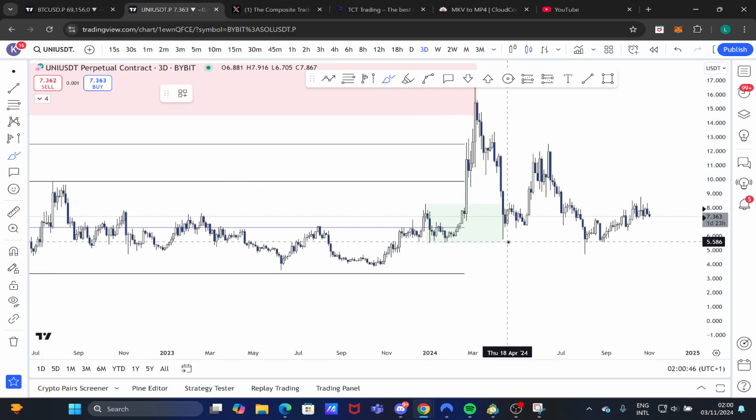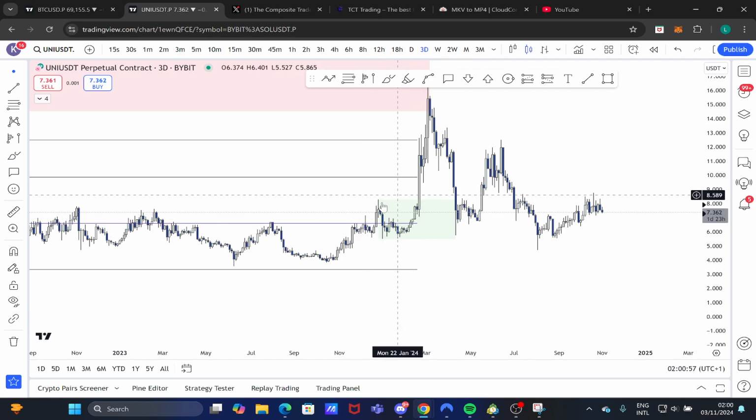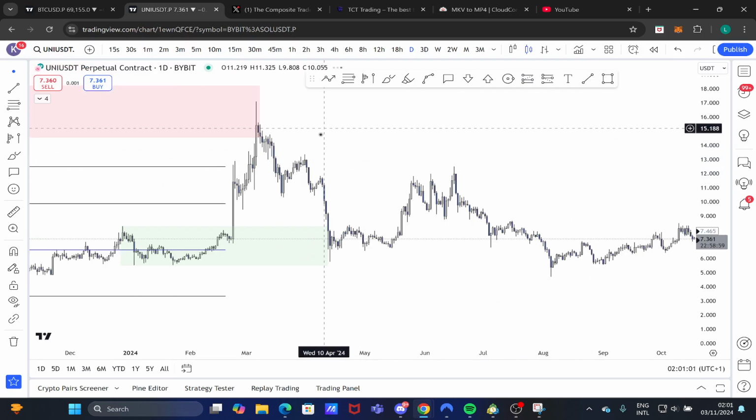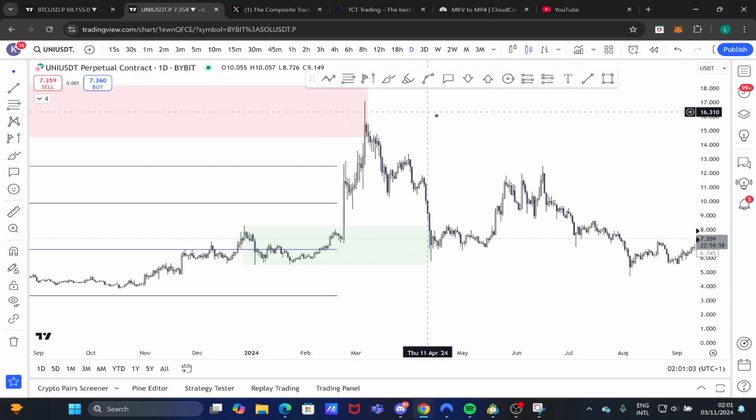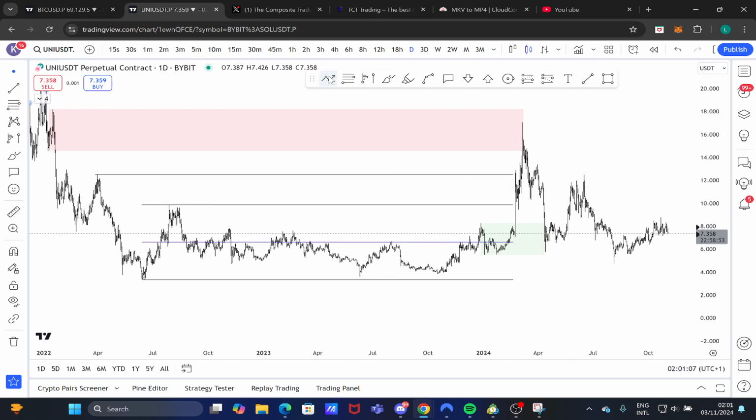Like we just not swept that demand POI low, but we broke in it very deeply and very aggressively, already showing those first signs of this macro demand POI failing. So from there, we got that move up, and just identifying and following your most basic market structure rules,